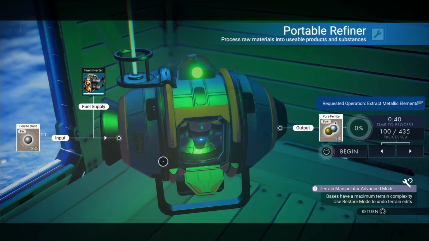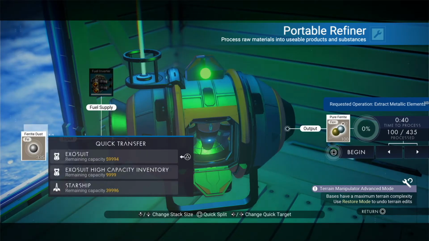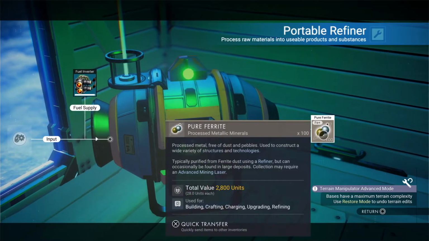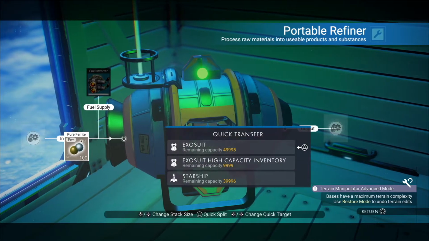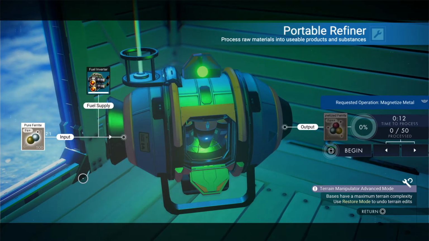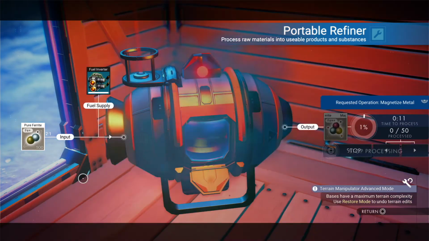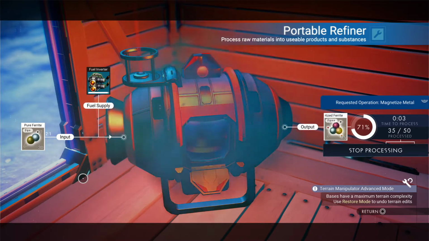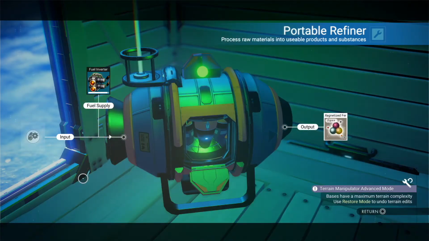Alright, so now we're going to take the ferrite dust out, hit X, your triangle, then we're going to put this over here, and now we're just going to let it run out and make magnetized ferrite. So just press the square button and 10 seconds. This is fairly quick. Then we'll be able to bushcraft some nanotubes and build our